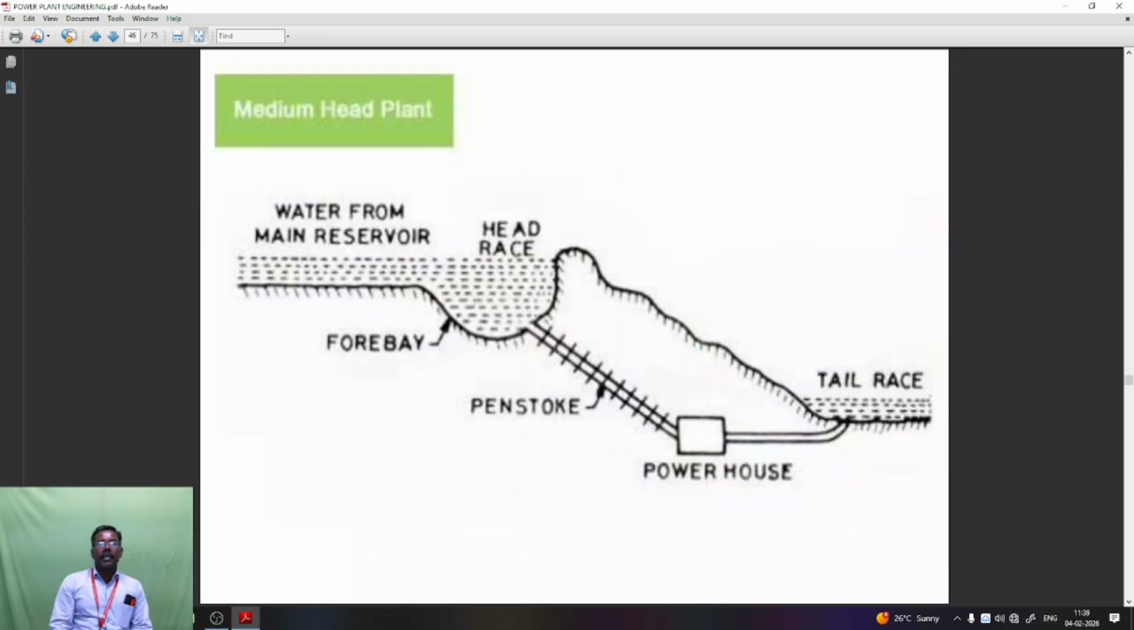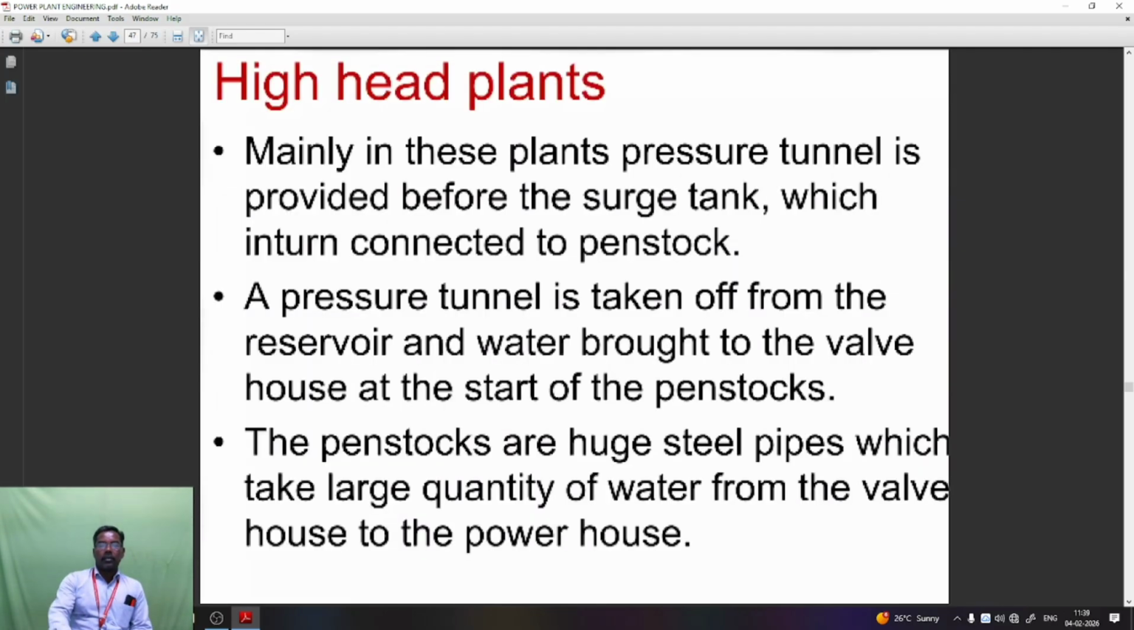This is a medium head plant: water from main reservoir, head race, forebay, penstock, powerhouse and tail race. High head plants: mainly in these plants, a pressure tunnel is provided before the surge tank, which in turn is connected to